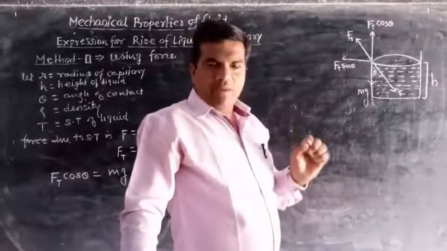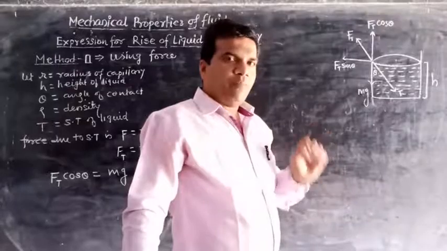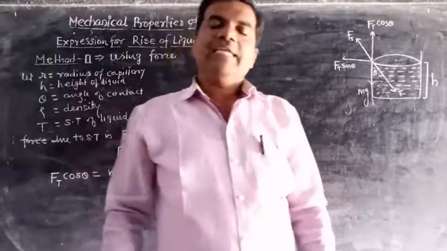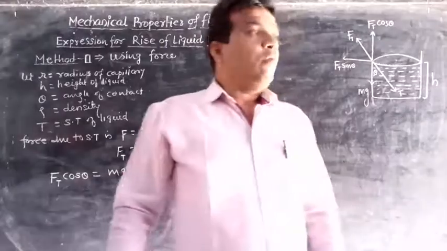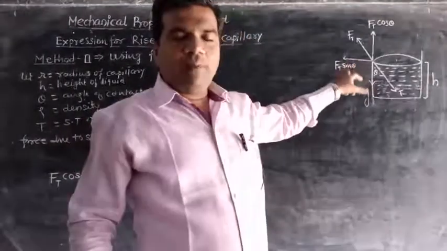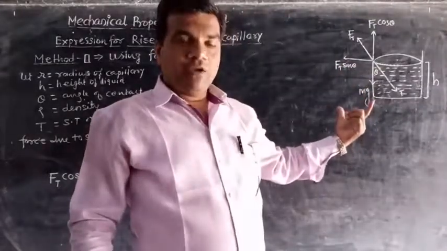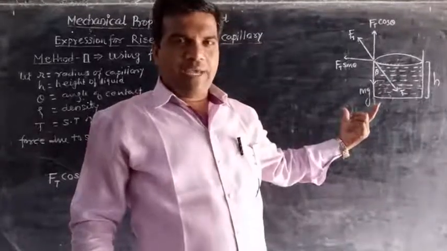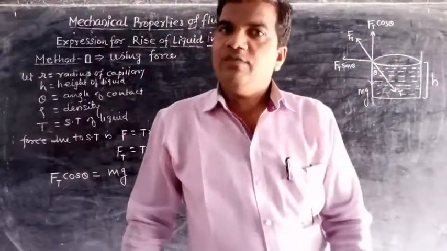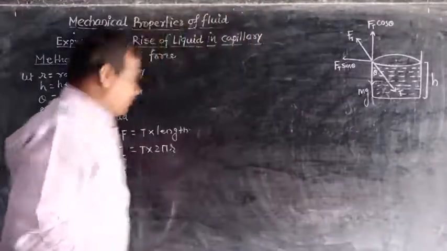So we use the formula, that is density of liquid is equal to mass upon volume, and therefore mass is equal to density into volume. Now the volume of this capillary of height h: the height of the capillary is h, and the free surface, that is the cross sectional area, will be A equal to pi r square. Therefore the volume of capillary of height h will be equal to area into height, that means pi r square into h.